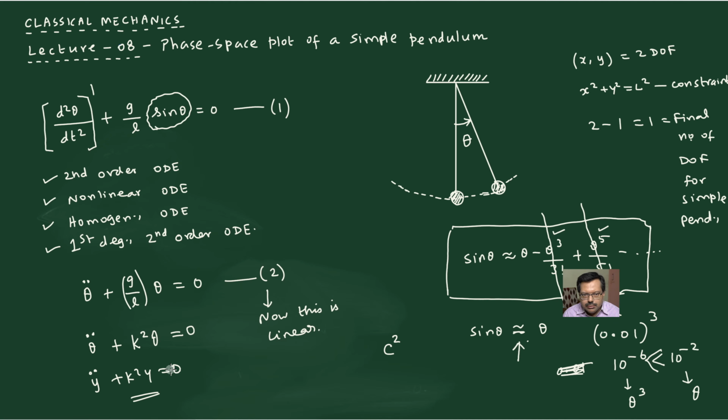So the point that I am trying to emphasize now is that the equation of motion for the simple pendulum is non-linear, and therefore the mathematics of the simple pendulum is not simple. Which means that the solution to equation number 1 is not simple. You can't get the solution to equation 1 in terms of some elementary functions. You will have to resort to what are known as elliptic functions.